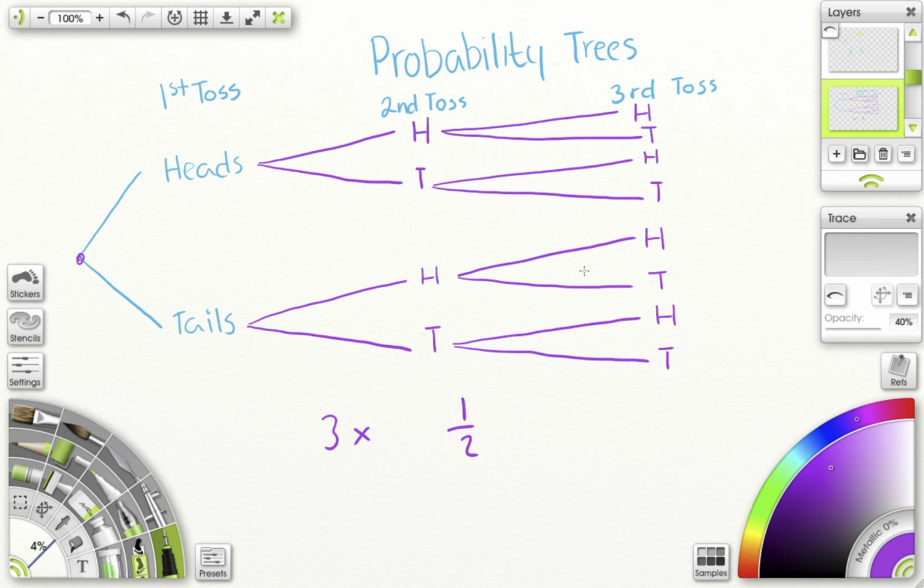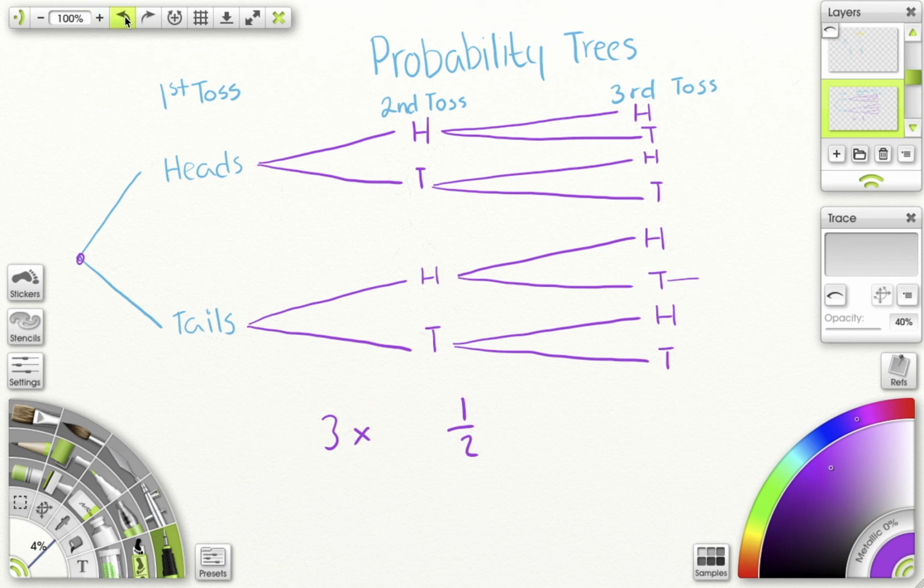You are creating a pattern, as in every toss is dependent on the one before. So first toss I ever do, I can either land on heads or I can land on tails. Let's say I land on tails. The second toss, I could land on heads or tails. Let's say I land on heads this time. Third toss, I could land on heads or tails. Let's say I land on tails. So this is my final outcome: tails first, then heads, and then tails. That's not the outcome I want though.